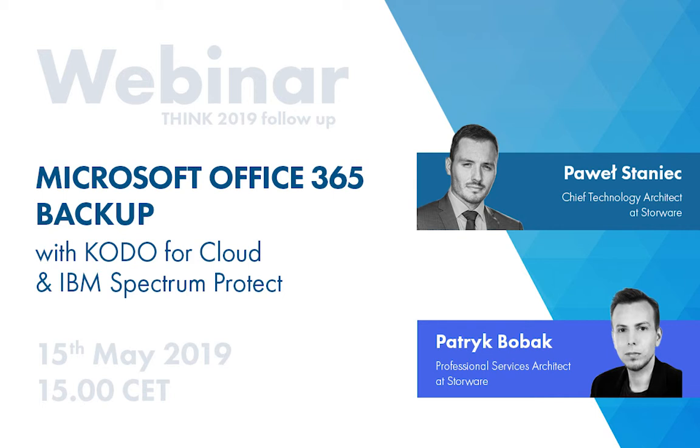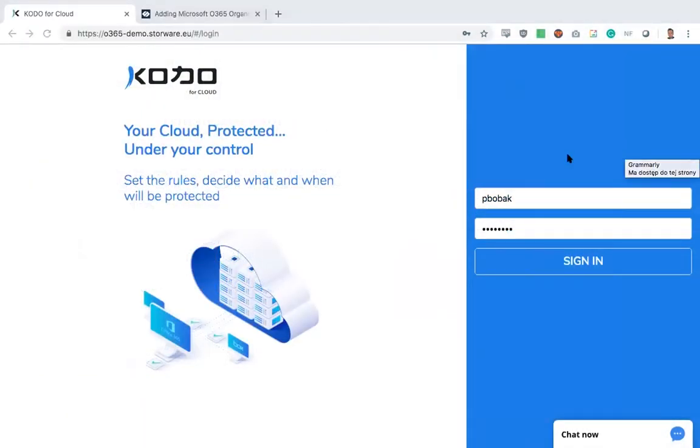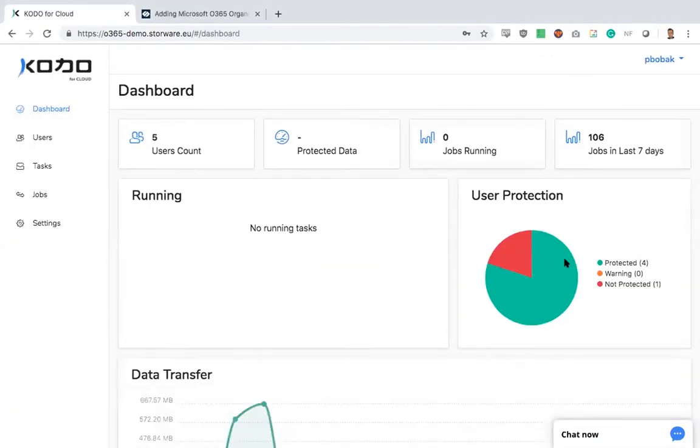I'm going to share my screen, my web browser. Okay. So this is the first thing we see after we launch our administrative panel. We need to log in to our organization because, like Pavel said, on the one KODO server instance, we can have many organizations, and these organizations are separated. They don't know about each other. We have separate data, separate policies, separate users. So now I'm logged in as